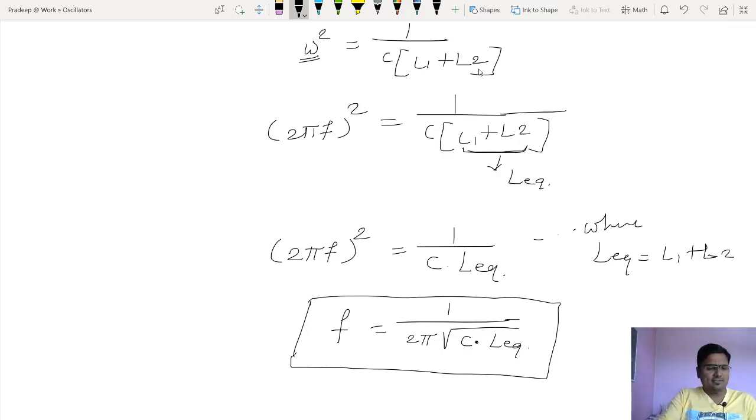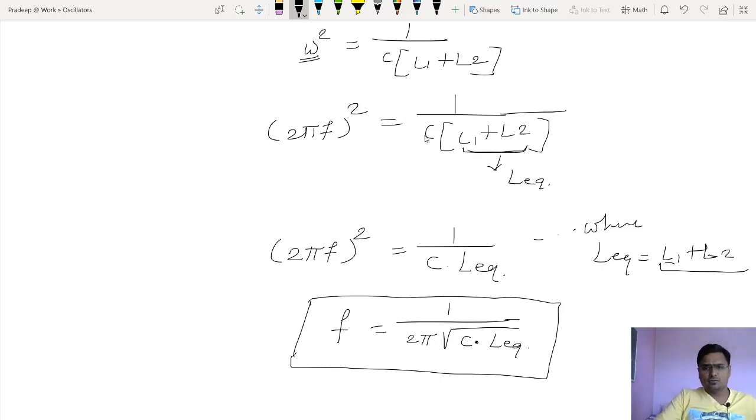See, from this equation itself one can recognize what will be the frequency of oscillation for Colpitts oscillator. Why? Because in Hartley oscillator we have two inductors, so I am writing L equivalent. In Colpitts oscillator I will have two capacitors. The equation will remain the same. f is equal to 1 divided by 2 pi under root L multiplied by C equivalent, because there are two capacitors. Instead of writing C1 plus C2, I will write C equivalent. Okay, we'll see those things later on.